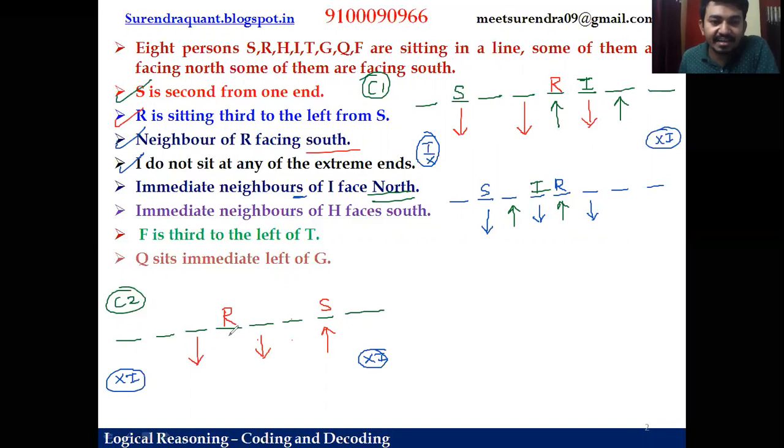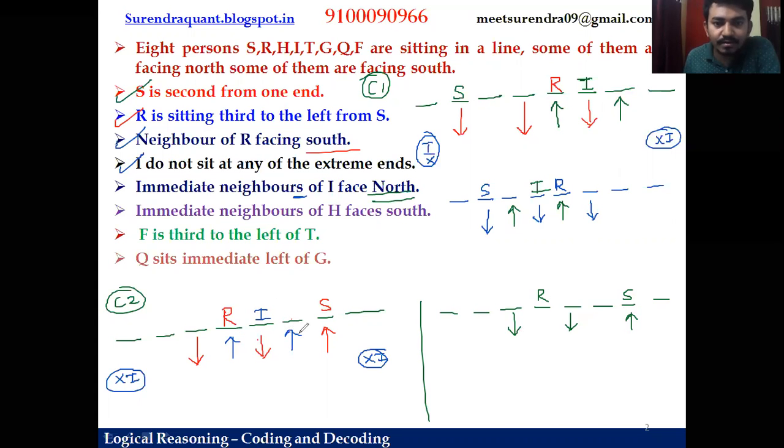What if I consider the second case? Again, the same argument. Whatever argument we do here, here also a second possibility will come. Let us make a small diagram again. 1, 2, 3, 4, 5, 6, 7, 8. Place the same data: S facing north. Third left is R, and neighbors of R are facing south. Now in this case, let us fix the positions of I. So guys, if this is I, these 2 are facing the north direction, or if this is I, these 2 are facing the north direction, right? Okay, this clue is done.